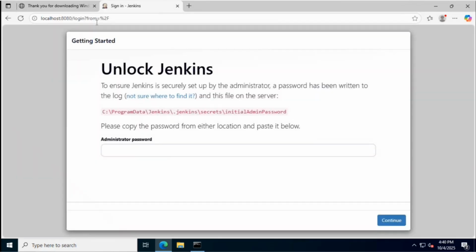Okay, so the first time you run Jenkins, it requires an initial administrative password for security. The screen tells us exactly where to find it. I will copy this path. It will give me the initial admin password. I will just copy this path and open Run